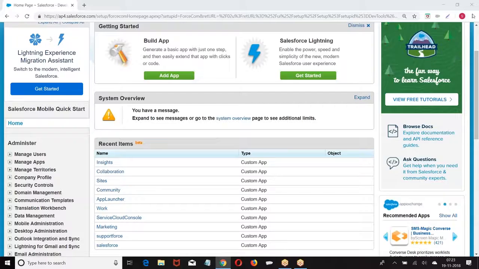We'll discuss formula fields. In the last session, I gave a quick overview of search layout. Now, what was the concept of search layout? When you click on the tab, which fields have to be displayed? When you click on a lookup icon, which fields have to be displayed? When you search for any particular keyword, which fields have to be displayed? That is controlled by search layout.